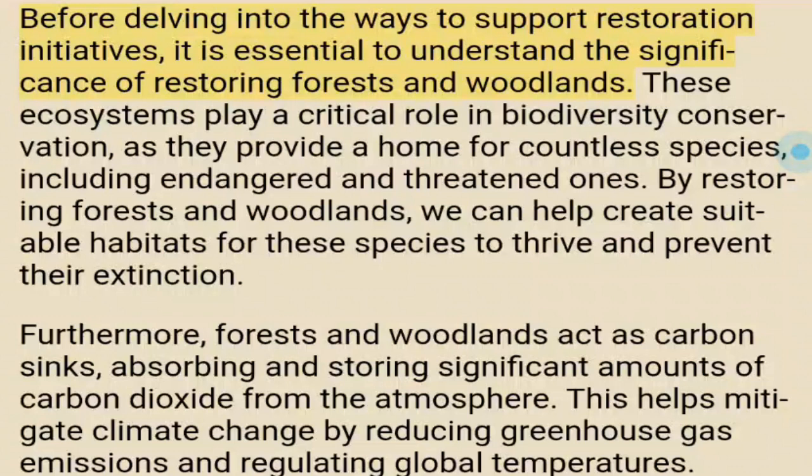Before delving into the ways to support restoration initiatives, it is essential to understand the significance of restoring forests and woodlands. These ecosystems play a critical role in biodiversity conservation, as they provide a home for countless species, including endangered and threatened ones. By restoring forests and woodlands, we can help create suitable habitats for these species to thrive and prevent their extinction. Furthermore, forests and woodlands act as carbon sinks, absorbing and storing significant amounts of carbon dioxide from